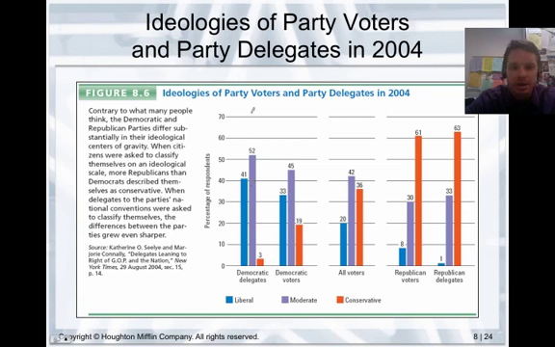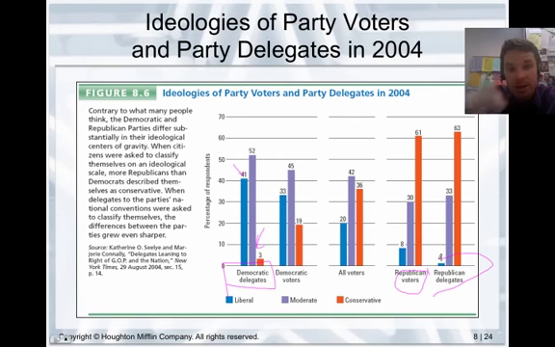You can see ideologies of party voters and party delegates. So the delegates to a convention, for example, are more likely to say that they are liberal, and they are much less likely to say that they are conservative. And then the Republican voters, it's the same thing. The delegates, here's the point: the delegates tend to be more extreme. Republican delegates tend to be more conservative. Democratic delegates tend to be more liberal than just the general population of the voters. I'm mangling the point of this chart, but the idea is that the delegates tend to be more extreme,